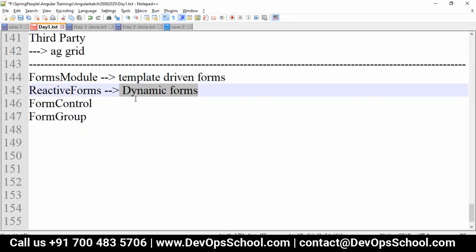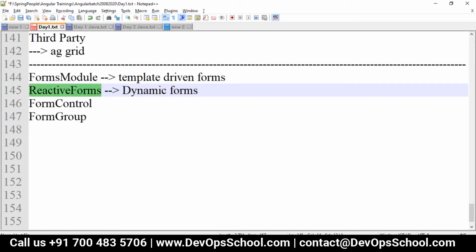we'll go with reactive forms, where you want to register the control in the template, or any big kind of form like dynamic, or it may be some other requirement where you have multiple components or multiple data that should be handled as one component. For all these requirements we will go with reactive forms. That's where the two different types of forms modules are available. If your requirement is simple, go with the forms module. If your requirement is big, like a huge form should be developed, or you have a dynamic nature and all, reactive forms provides basically a model driven approach.